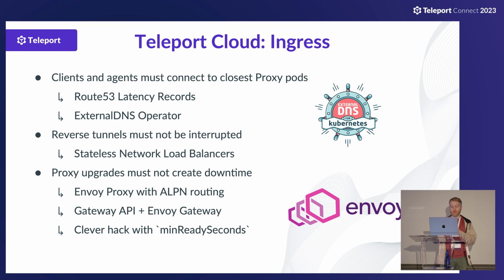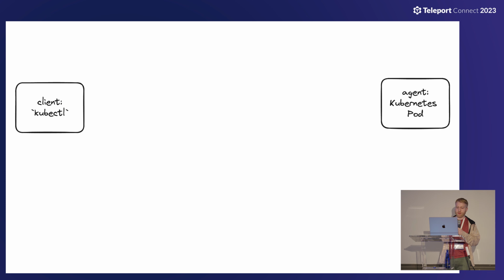And finally, we have what I think is a clever strategy for dealing with zero downtime deployments, where we use some features of Kubernetes deployments, which I'll talk about in a second, like min-ready seconds, to provide guaranteed availability for tunnel connections. And you'll see what that looks like soon. So just to give you a sense, and this is going to get kind of technical, I apologize, of what this looks like,